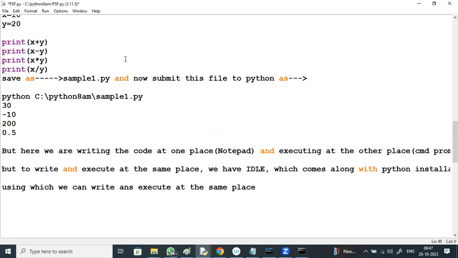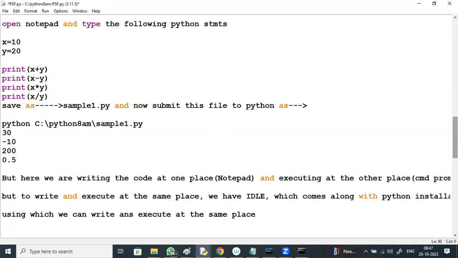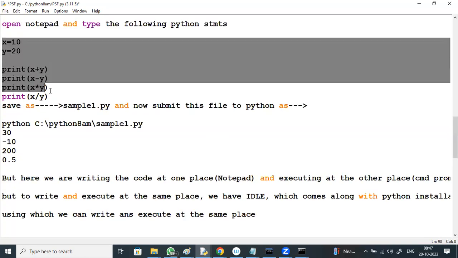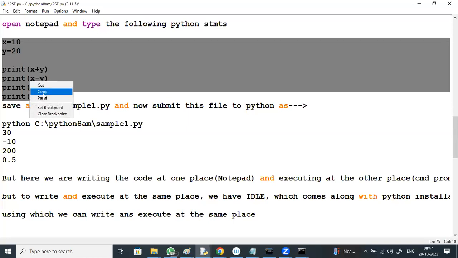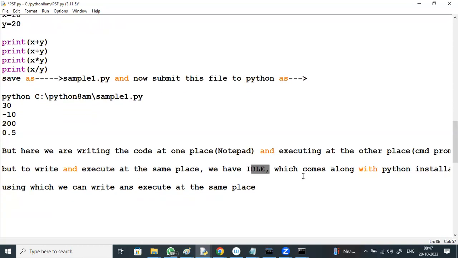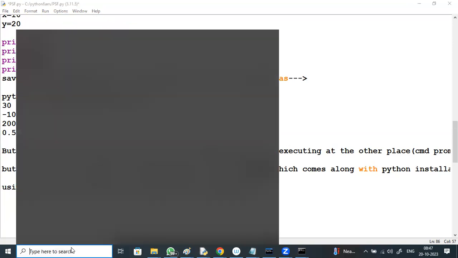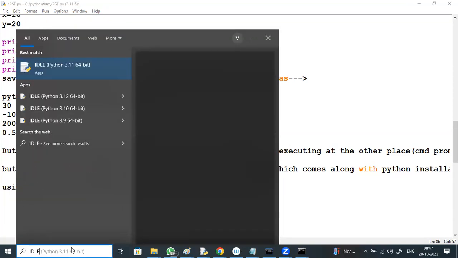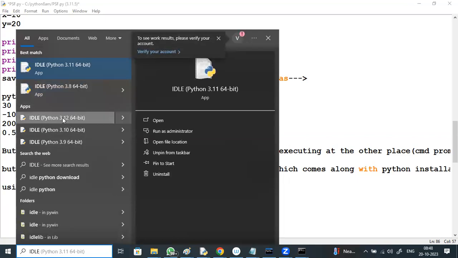Okay, so I'll take the same code. IDLE, Integrated Development Learning Environment. So how to open this IDLE? Directly you can type IDLE 3.12 in the search. IDLE 3.12 is there.